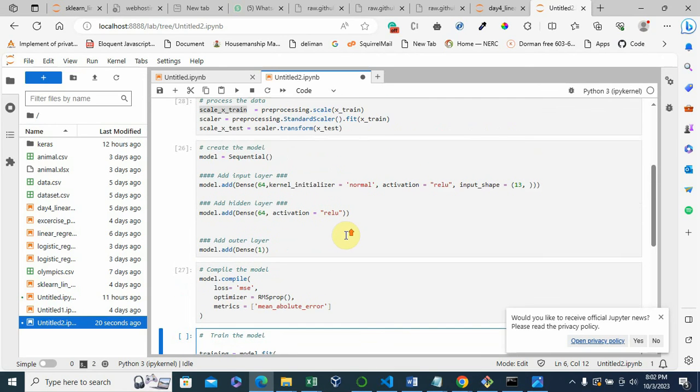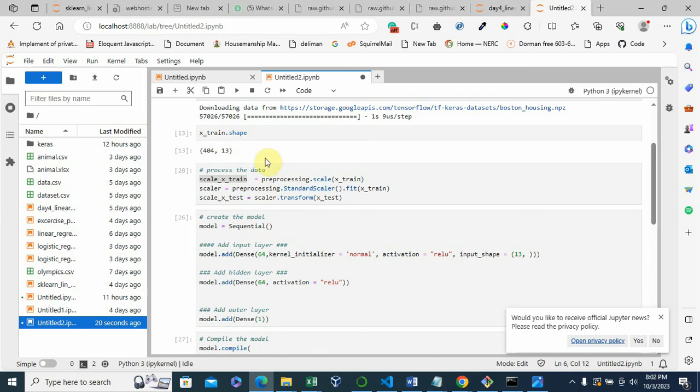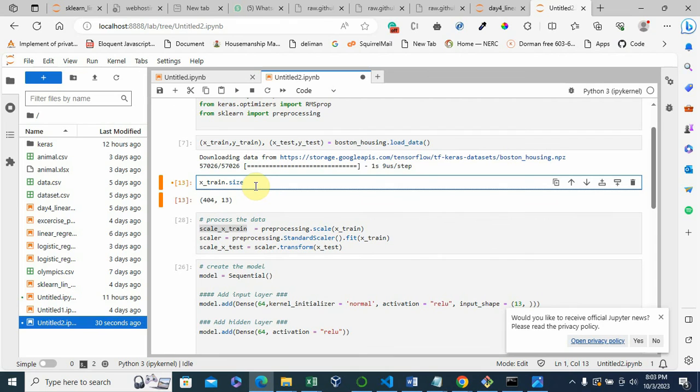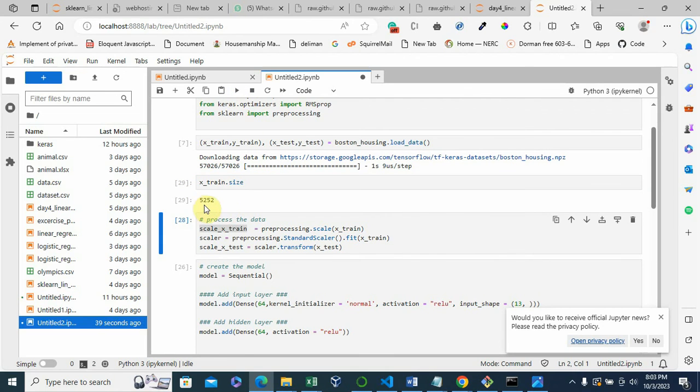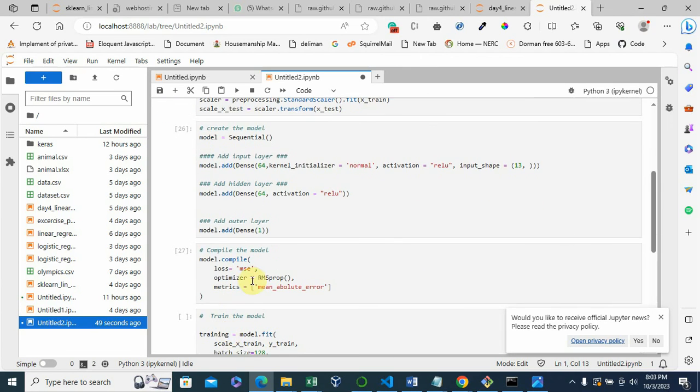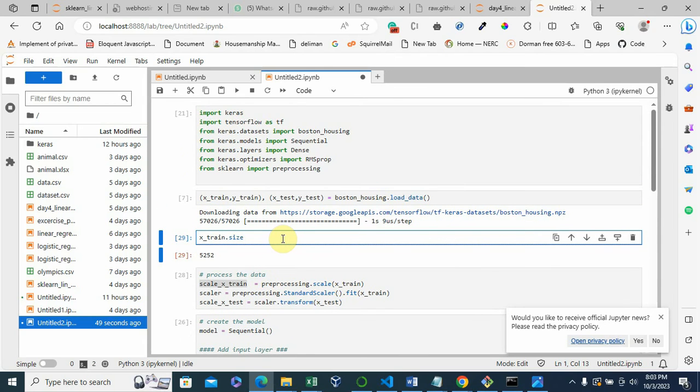Of course, you may not know the size, so you can use .size and do some maths to get the size of the data and divide it by batch size, so that you can have the number of runs. You can do all those things dynamically.